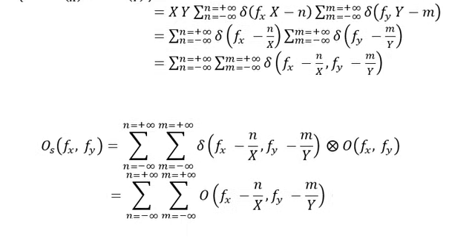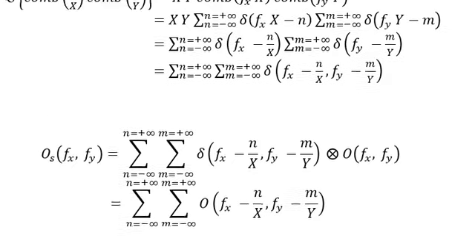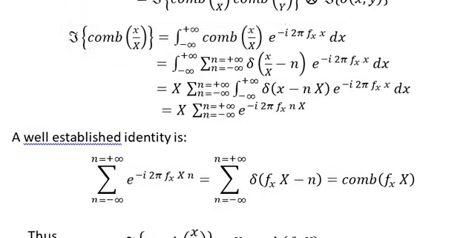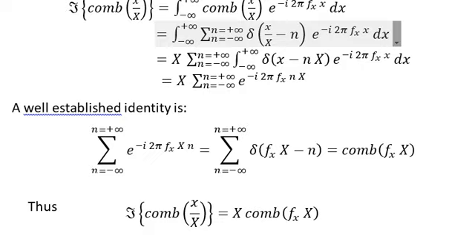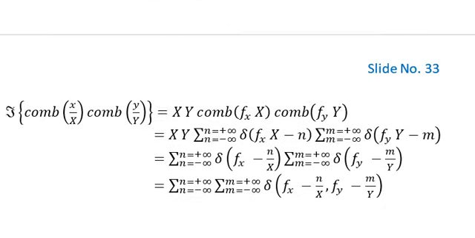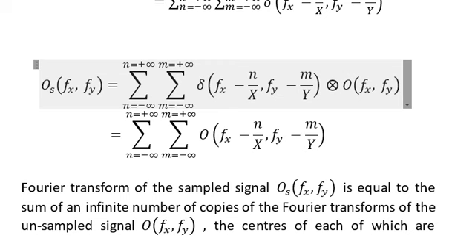And now we are putting the value of the Fourier transform of this comb function into our previous equation. Which equation is that? This is this equation. Here we are going to put the value of the Fourier transform of the two comb functions, and then we shall evaluate it. So let's do the further calculations. Okay, now we have the Fourier transform of the sampled signal,